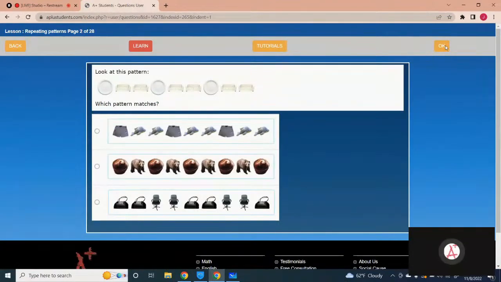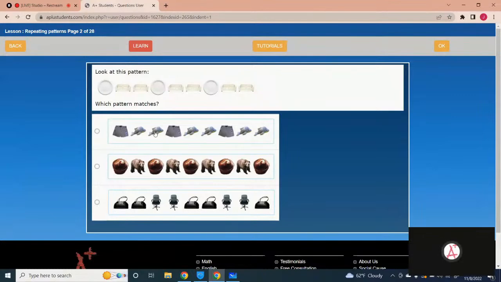Okay, look at this pattern. A table and two of the sofa. Got it? Again a table and two of the sofa. Which one matches the above one? One, two, or three? Which option is the correct option? Option number one is the correct one, because see, in option number one you have